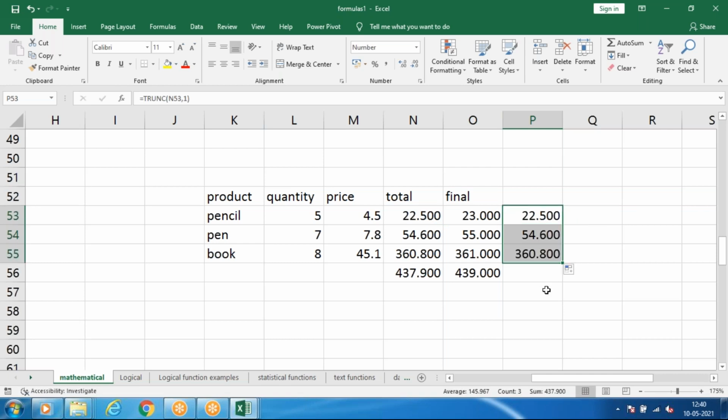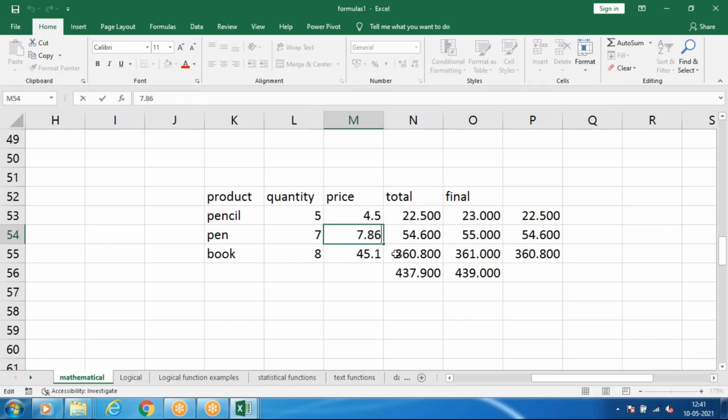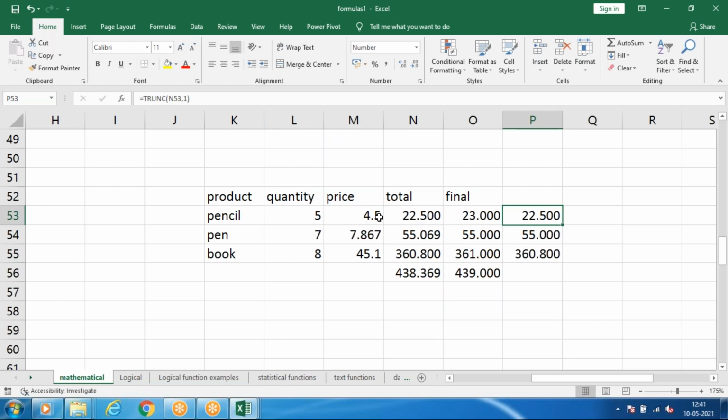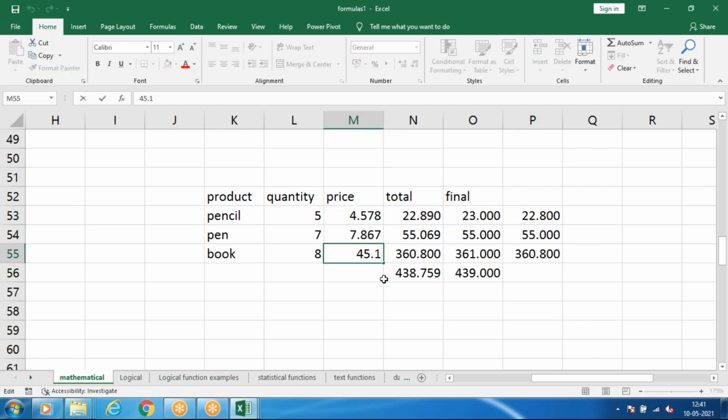Then scroll down. So it won't round off the number, exactly whatever it is there it will take. Suppose if I have values like this also, it will take exactly whatever it is. It won't round off the value.